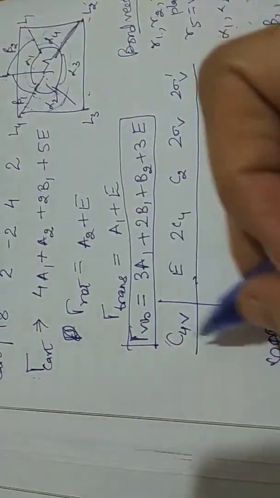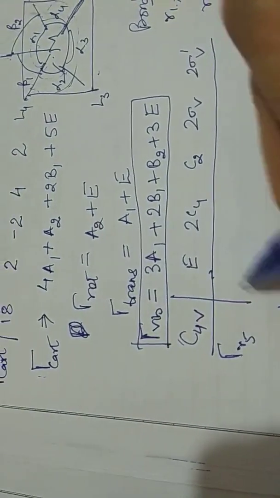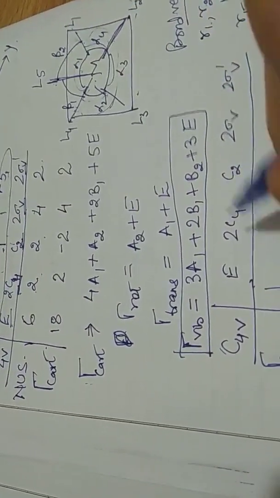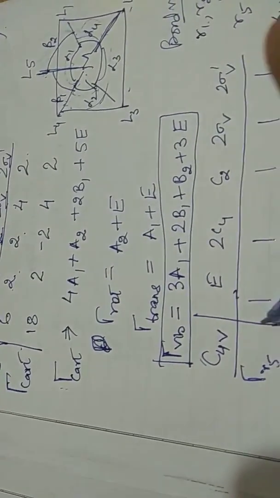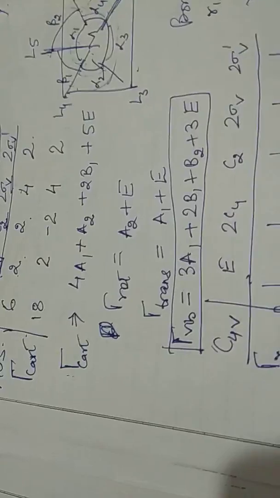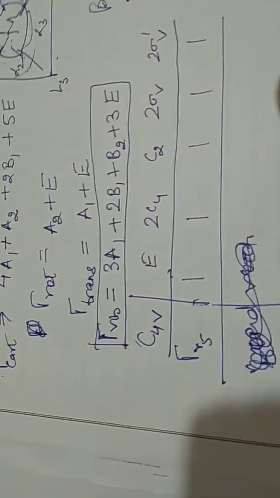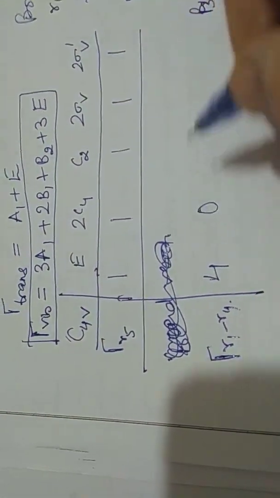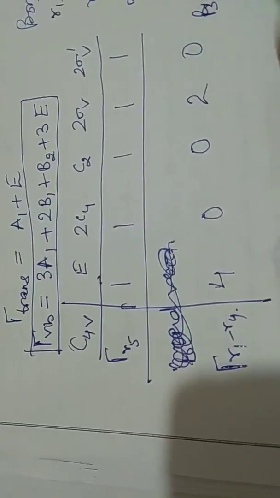So for this, let's do it for R5. Okay, let's start with the simple one, this R5. What will happen when you apply E to it? 1 unshifted atom, so it will not be shifting in any case, so that's why we are taking this one. Then let's take it for R1 to R4. Okay, so it is 4 0 0 2 0, because this is shifted completely.